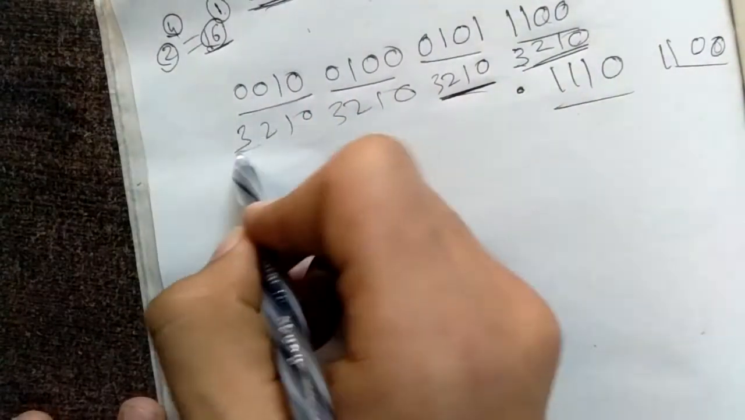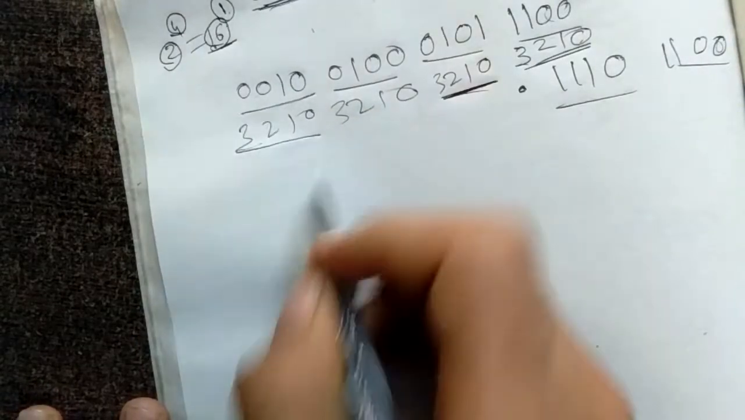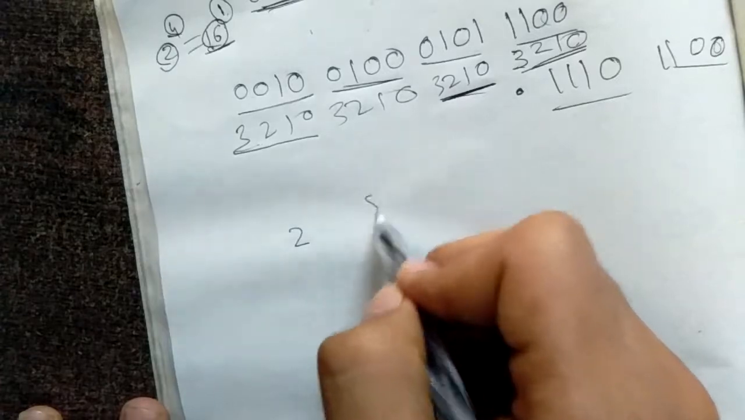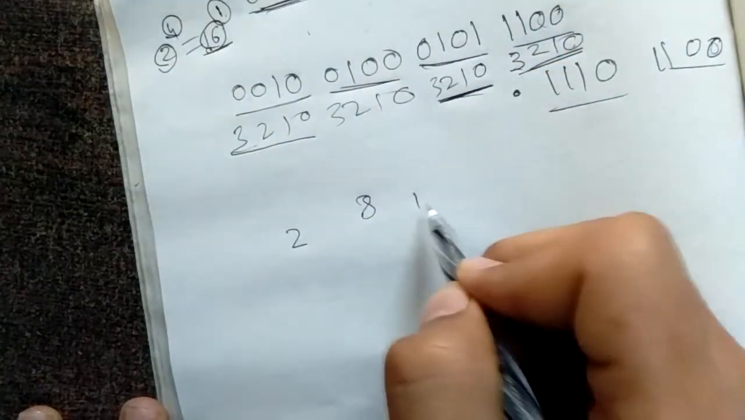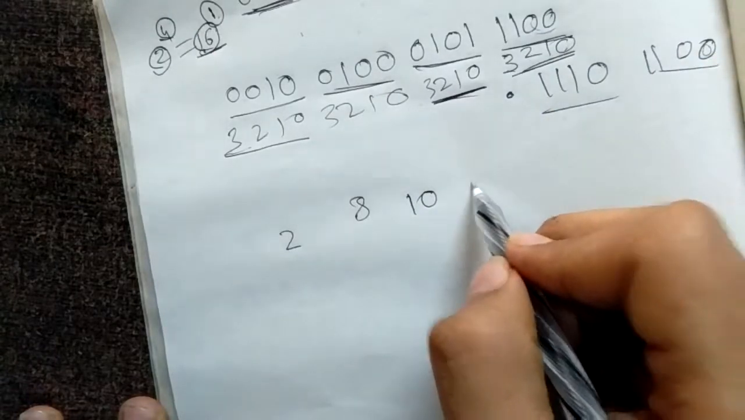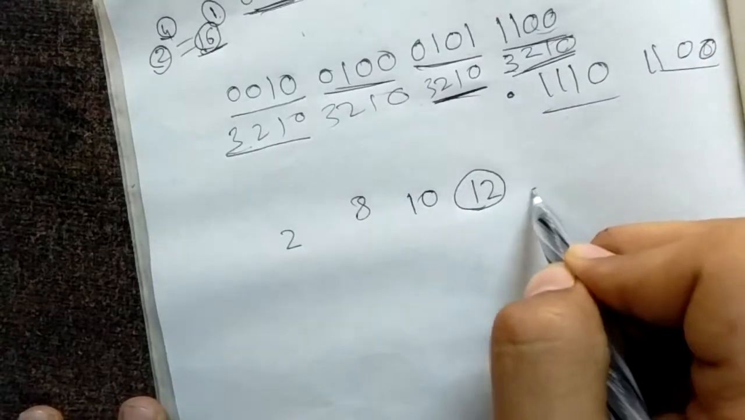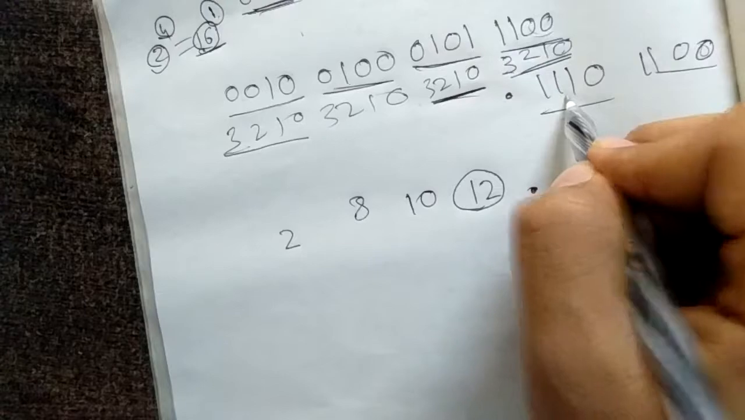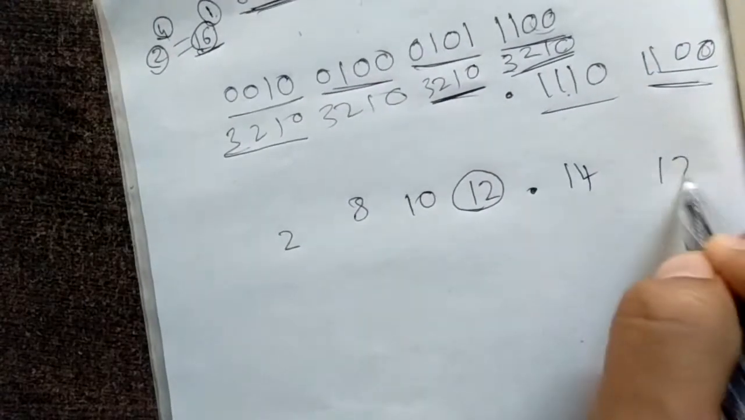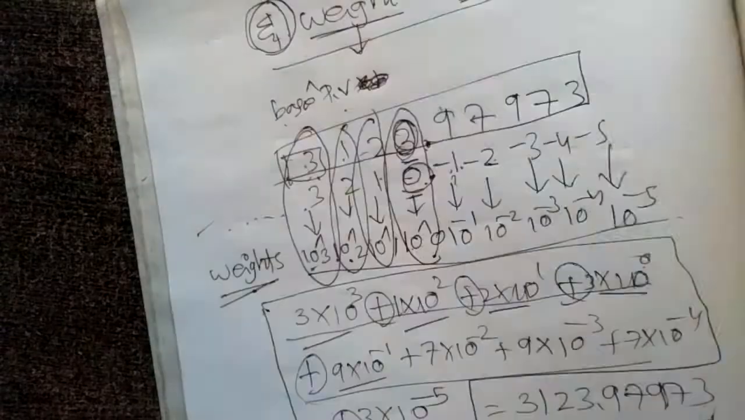Now calculate this in decimal. This in decimal is your 2, this in decimal is your 8, this in decimal is your 10, this in decimal is your 12. But wait, let us complete it. This in decimal is your 14, this in decimal is your 12. But in the hexadecimal